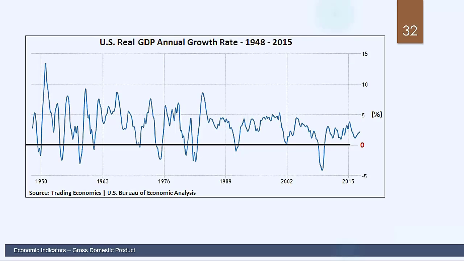Now, it's important to point out what causes the economy to grow over time. In other words, what causes real GDP or economic activity to grow over time? Well, there are two reasons. One is productivity growth. Every year there are small increases in productivity, which increases our output per person. Also, the population is growing and the labor force is growing. So there's more things being produced because there's more people. In developed countries, we usually see growth, especially in recent decades, between 0 and 4%. We usually don't see it exceeding that.